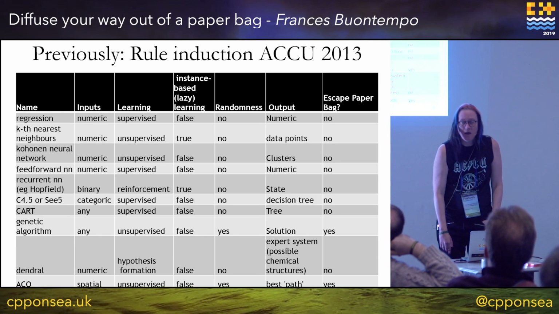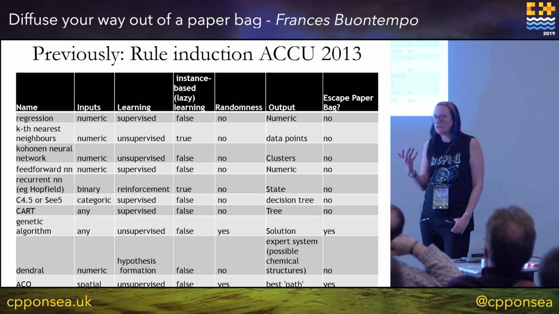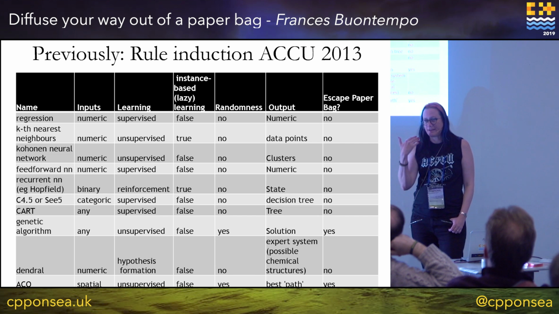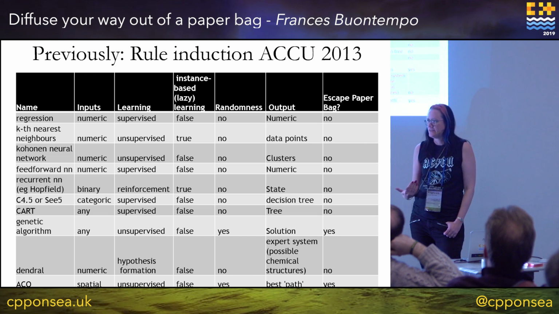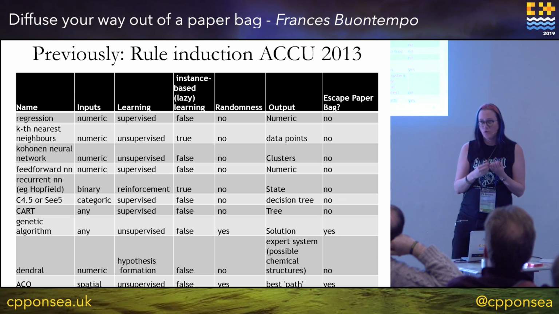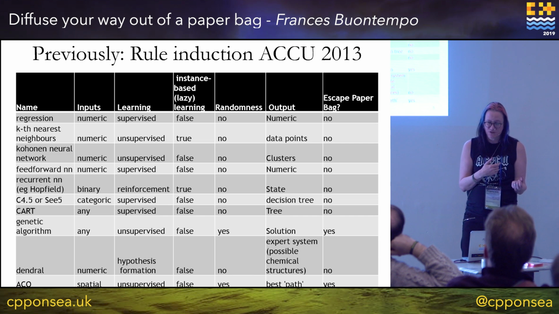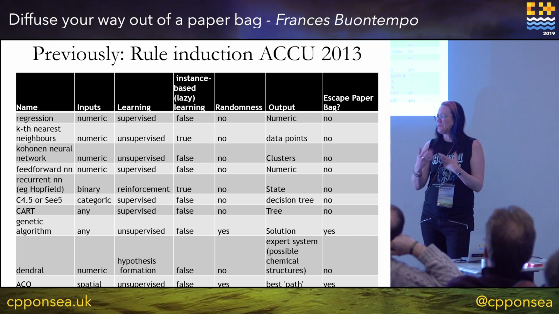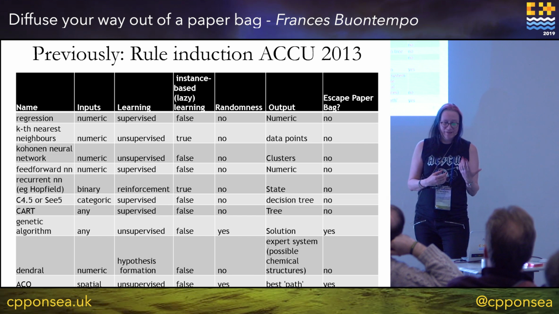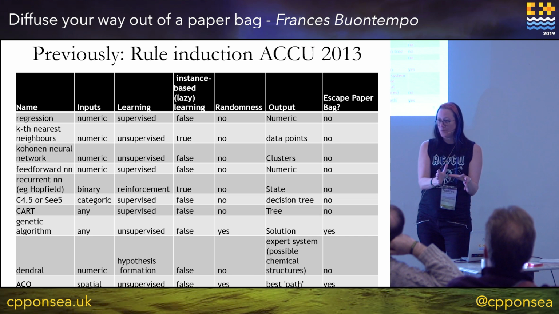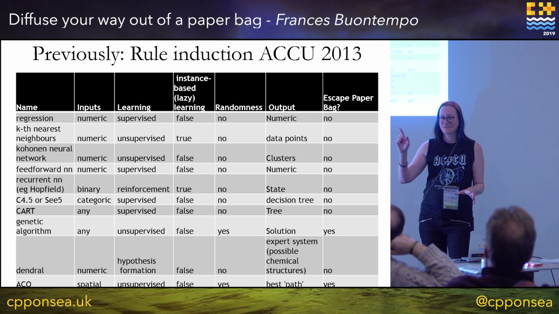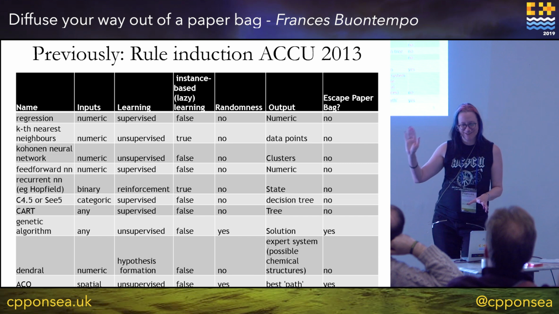So I thought, what sort of things could I use to program my way out of a paper bag? And I went through my head a list of some machine learning techniques that I knew a little bit about, and I thought, what sort of inputs do they take? Some of them take numbers, some of them take words, some of them are more free form. How do they learn? Whether this needs one batch job and it learns something once, or whether it keeps redoing things over and over again. Don't talk to Steve about k-means clustering. Whether that's learning or not is a big question.